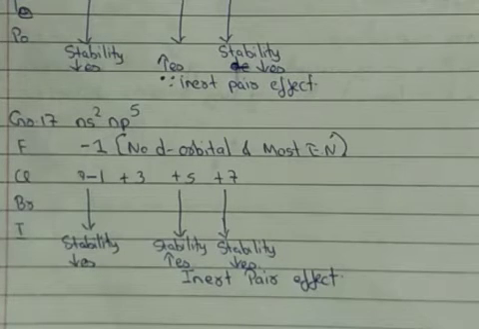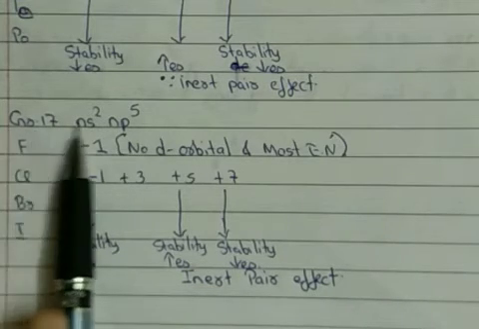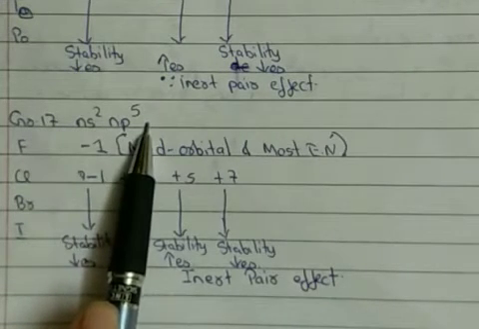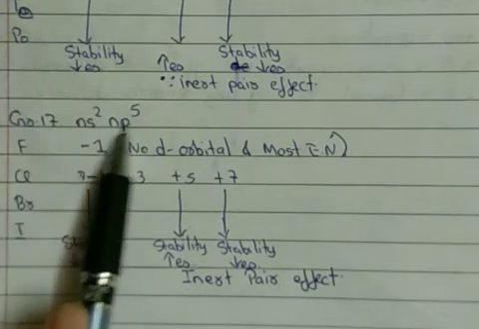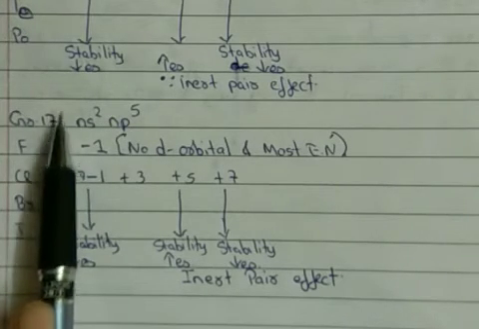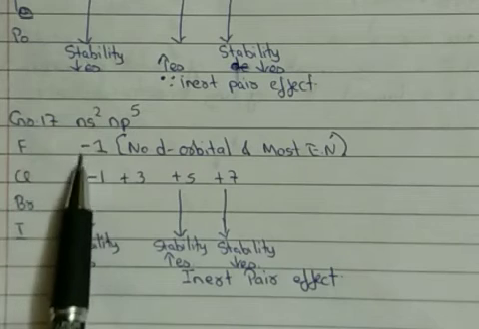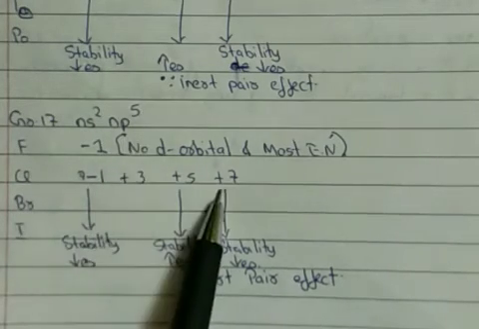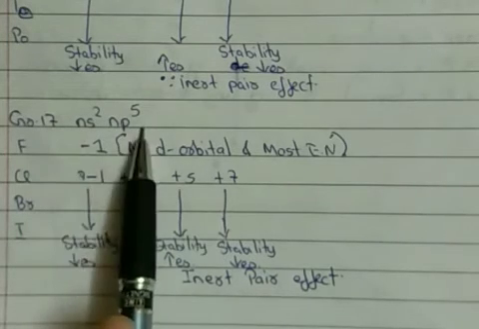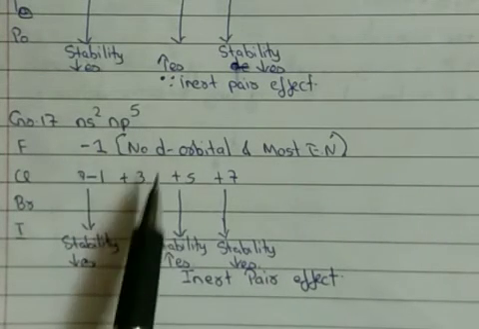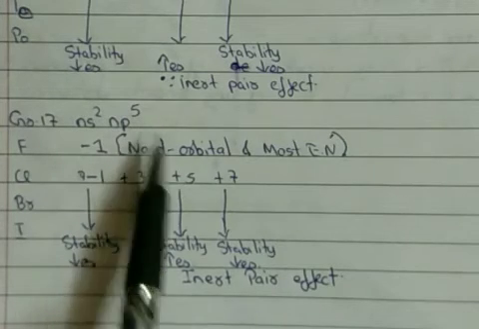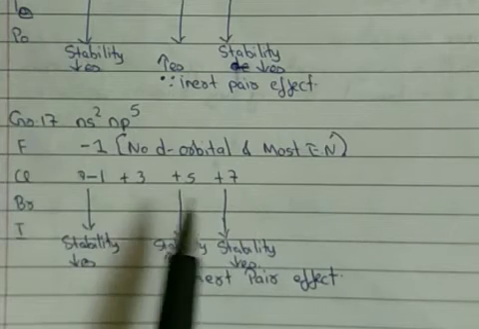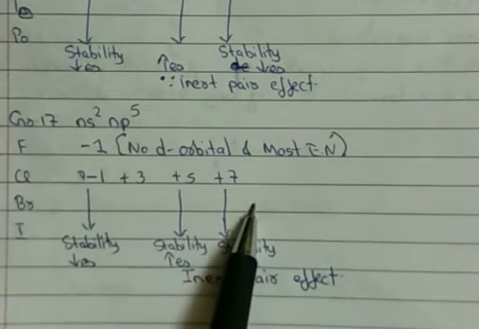Then the next oxidation state we have to see is of elements of group 17. They have 7 valence electrons, so ns2 np5 will be their configuration. Because they have 7 valence electrons, the possibility is they can gain 1 electron, showing us -1 oxidation state, or they can donate all the 7 electrons, showing us +7 oxidation state. Other than this, they can donate 3 electrons, so +3, and they can donate 5 electrons, so +5. So these are the possible oxidation states shown by group 17 elements: -1, +3, +5 and +7.